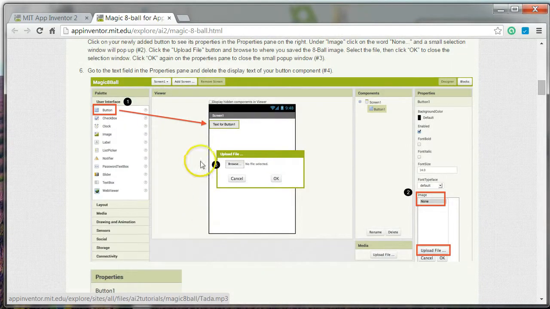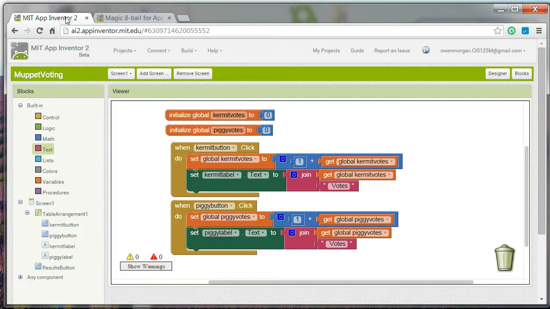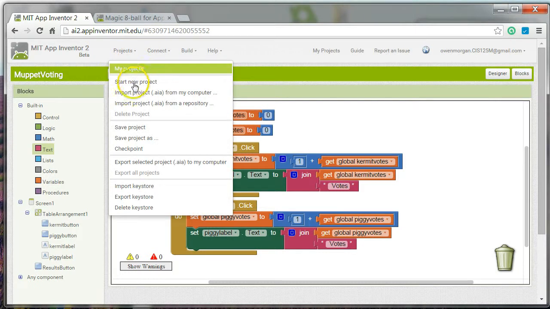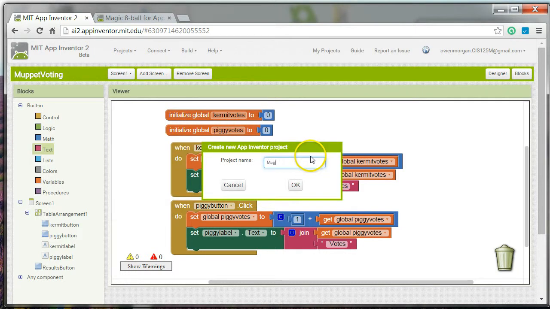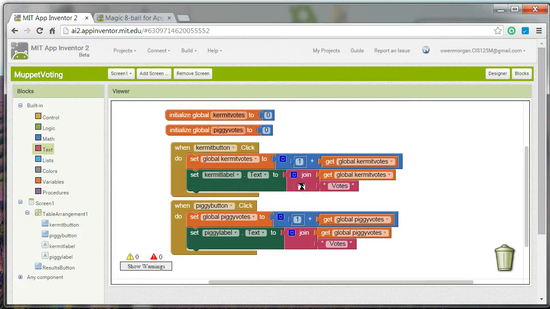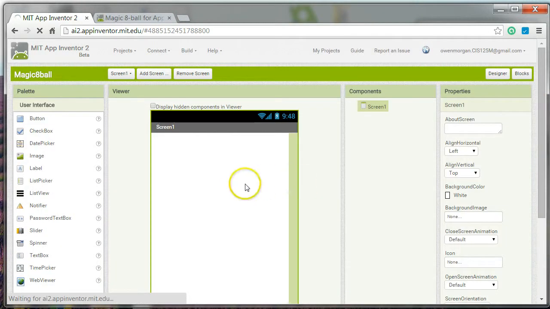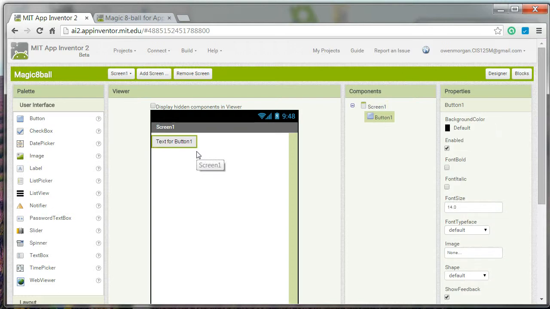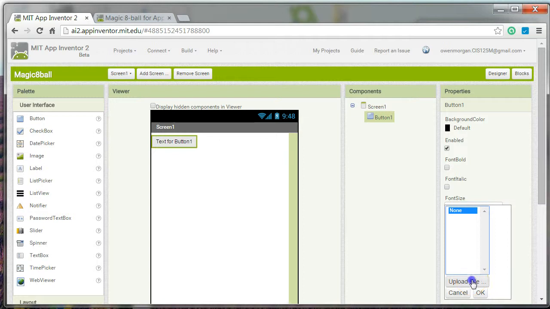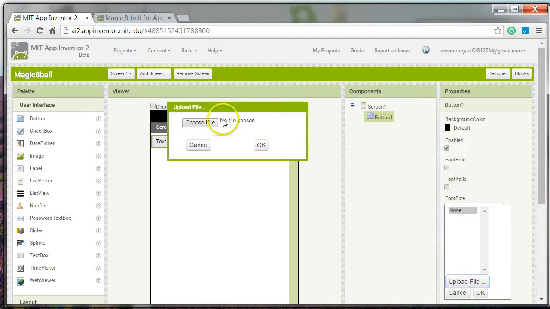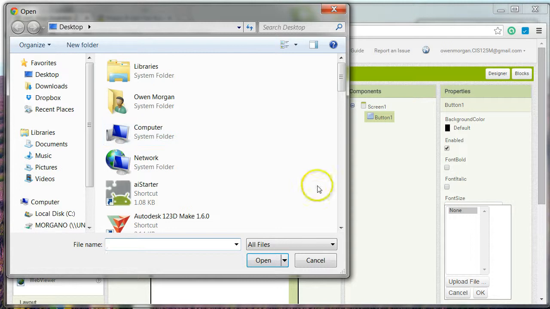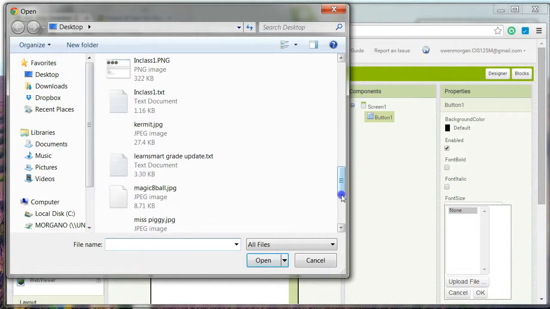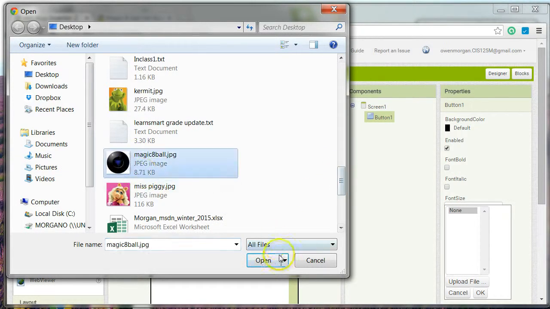Next, we're going to go to the MIT App Inventor, and I'm going to close the project I had here and start a new project, which will be the Magic 8-Ball. And I'll drag over a button into our screen. Now on this, we're going to want to show the Magic 8-Ball button, so I'm going to upload the image file that I've previously downloaded on my desktop. It's the 8-Ball image,